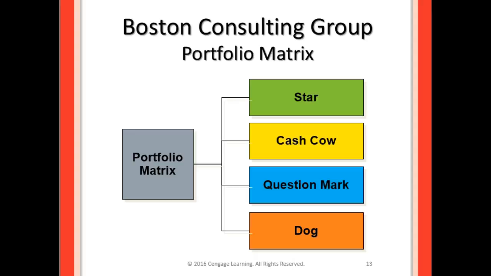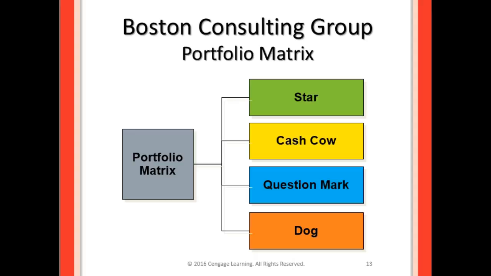Question mark is also known as a problem child, okay? Question mark or problem child. This is where it shows rapid growth, but the profit margins are just really, really bad. It usually has a small market share in an industry where there's a lot of growth. So it's not growing, it has low market share. You have to put a lot of money into it to prevent it from going down to a dog. So it's a tough call as to whether or not you want to feed and invest in that.